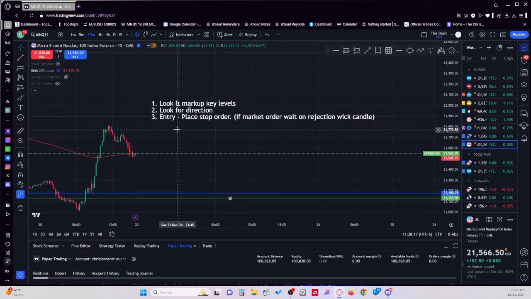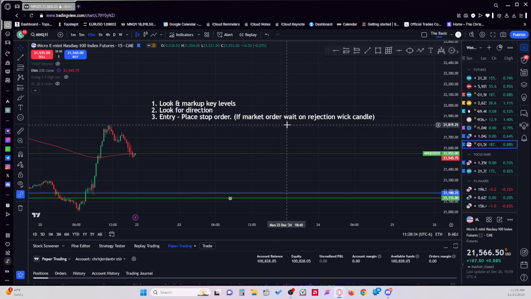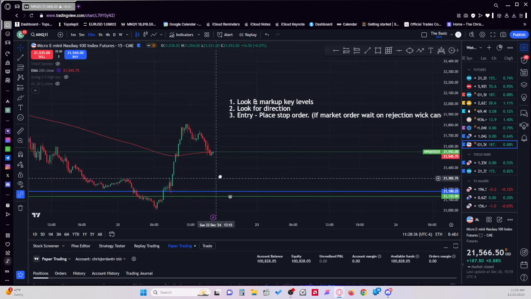And then number three, I talked about this in my last video. I do not place market orders. So number three is entry. I place a stop order. If I do a market order, so I should word that better, if I do a market order, I wait for the rejection wick candle first. So for example,